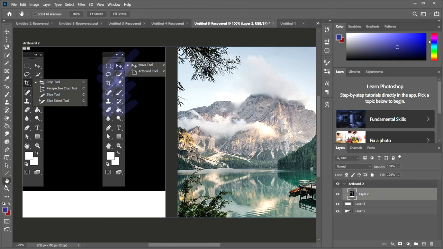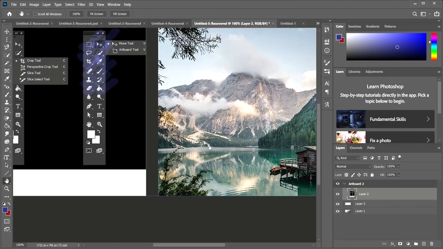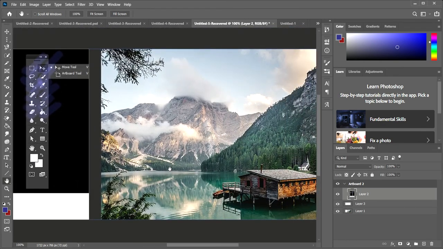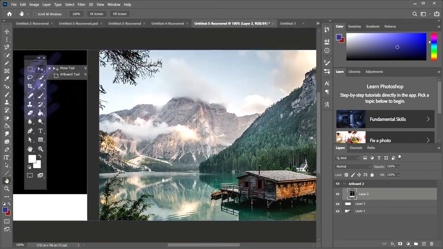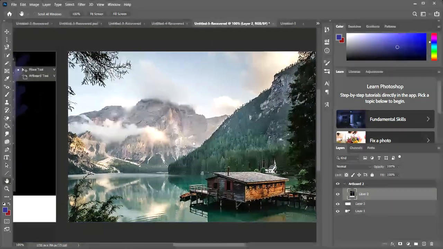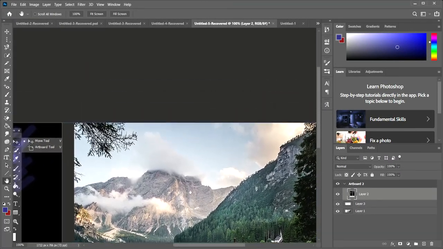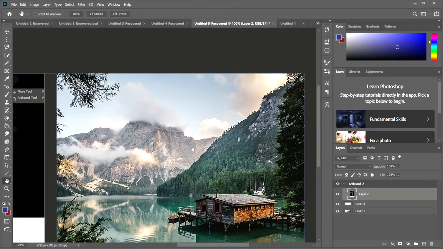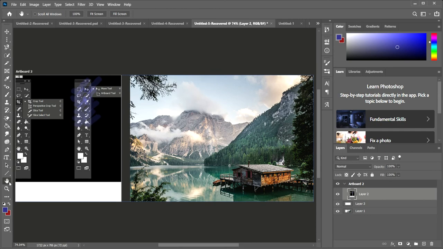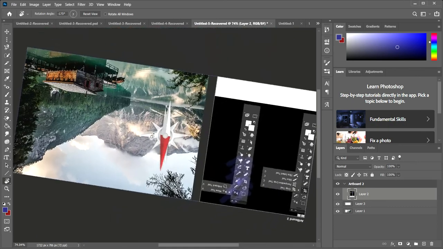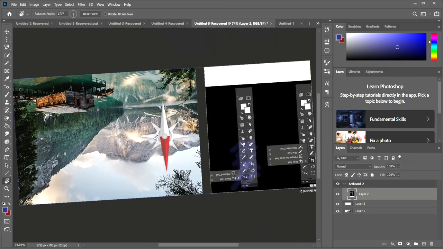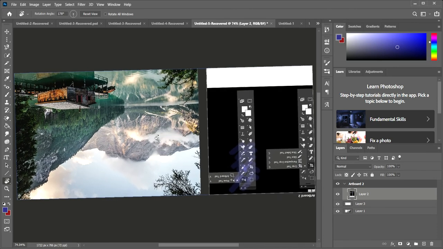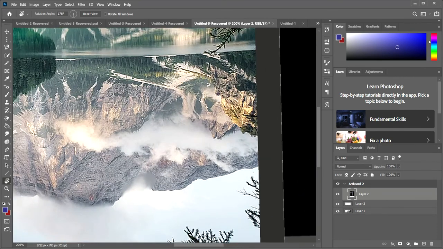Now next is the hand tool. The hand tool pans over the different parts of an image. It is used to move to any area of an image without dragging around the layer of an object. You can switch to the hand tool anytime just by holding the space bar. Under the hand tool we have the rotate view. We can rotate also, so we can check where we want to paint the object. While dragging it, we can paint, Control C, and we can paint an object, like I am painting here.